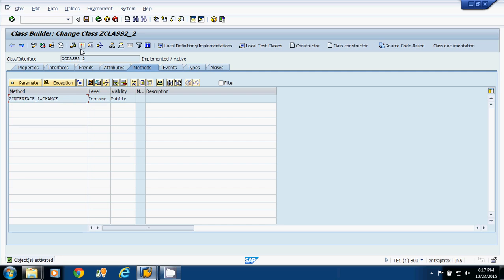So in conclusion, what is the difference between interface and class? In an interface you can never write the logic, in a class you can write the logic. An interface is by default public, but classes can be public, private, protected and abstract. Whenever you have this kind of requirement in which you have the same method and parameter, create one interface and use that interface in multiple classes. So this is all about interfaces.